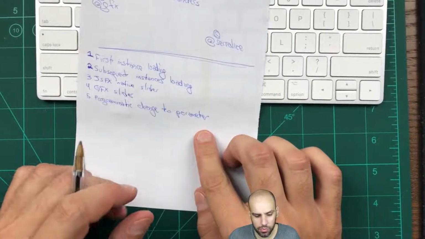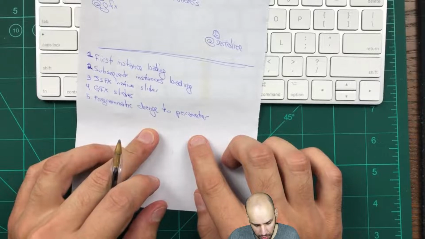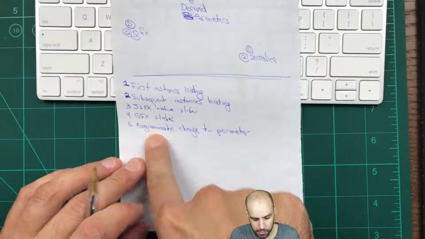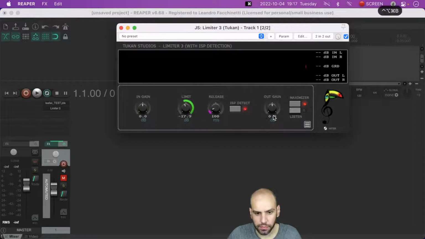The bad thing about writing by hand is that there is no spell check, so I'm not sure I spelled this right. Whatever. So you do your slider changes,